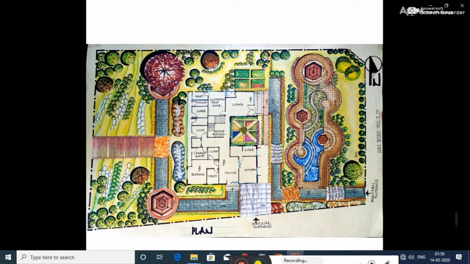These all are stepping stones arranged here. These all are stepping stones. These and these. If anyone is willing to sit over here and enjoy the view, they can easily. If the owner of the house wants to arrange a small garden party, they can arrange it over this part. This all is a proposed landscape plan for this plot that can be implemented.